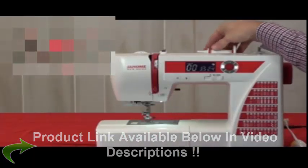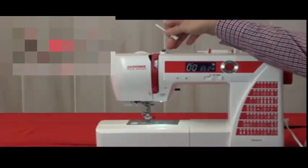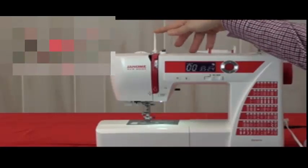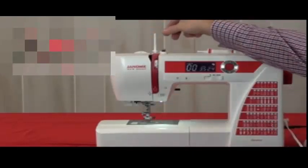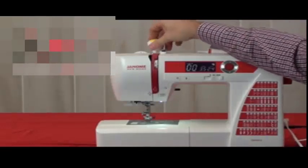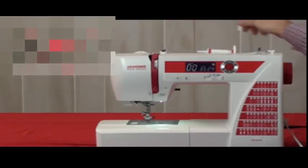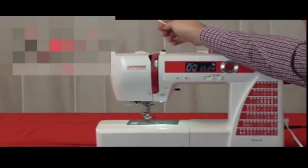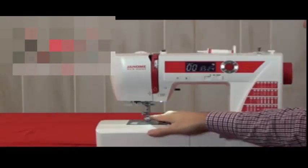I do have a horizontal spool pin here, and then also on the back side, I know you can't see it here, but I have a place that I can put a vertical spool pin. So I can, one, use a twin needle on this machine. Two, there's other attachments that I can get for the machine, like these little pin cushions that Janome has. They will fit right in there. But when I'm using my vertical spool pin, there's also bigger cones of thread that I can use. And if you'll notice here, I have an adjustable pressure that I can regulate the amount of force being pressed